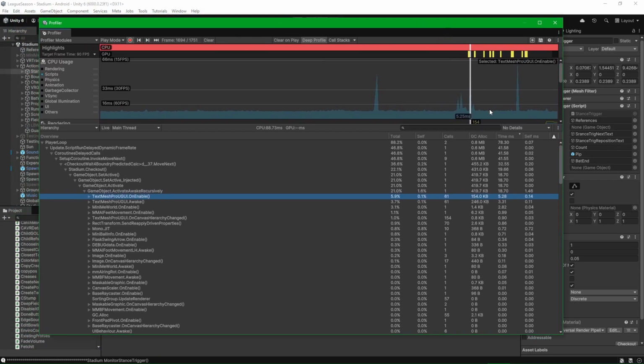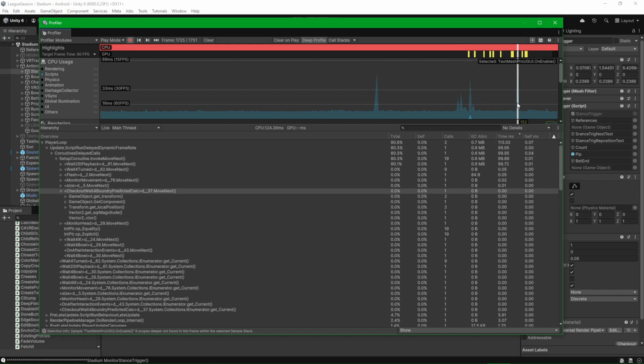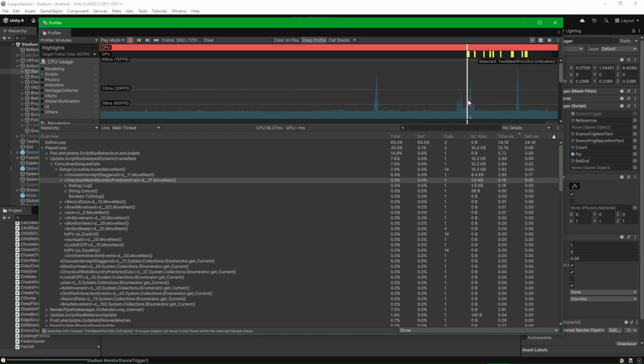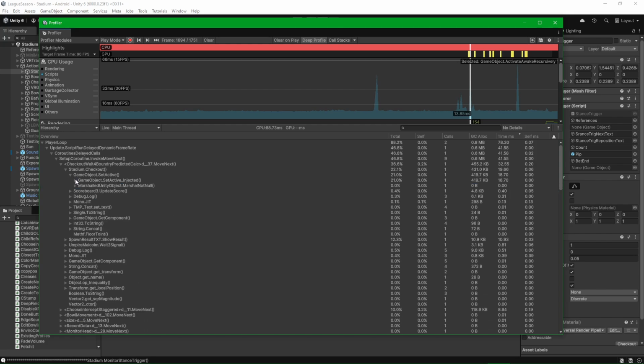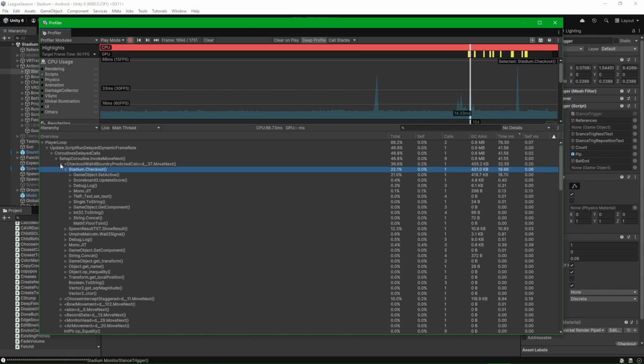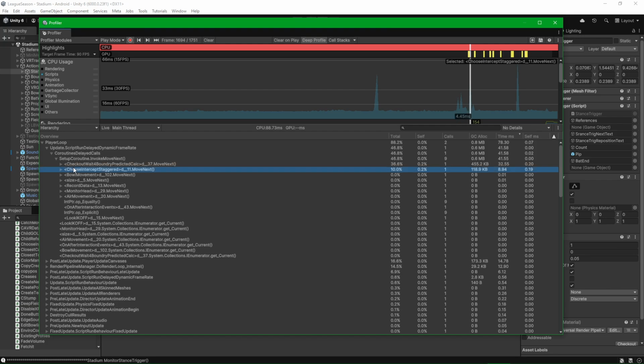But yeah, sorry, I'm flogging a dead horse here. So that's that one, and we've covered that. We've drilled down. We've seen that it's this being set active which is the problem. Let's look at this other one, even though it's 8.91. We've got a budget of 11.1, so it's not trivial, but